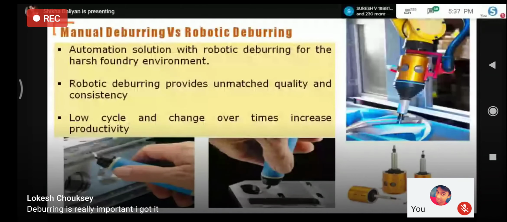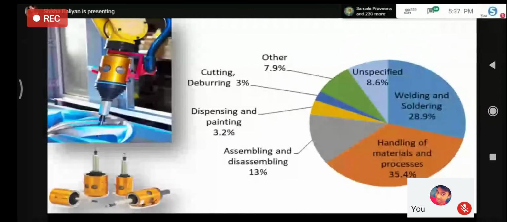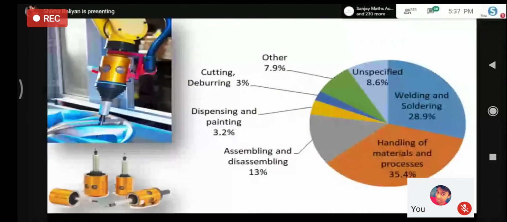robots across the globe. If the statistics from the International Federation of Robotics are to be believed, the overall global manufacturing process market was valued at around 500 million US dollars in 2016, and it is expected to reach about 1,300 million US dollars by the end of 2022.